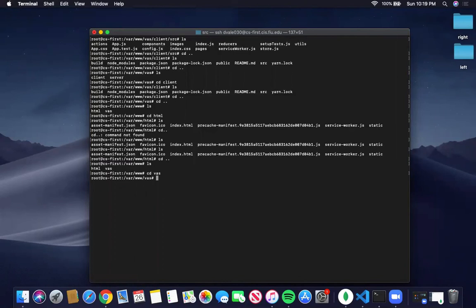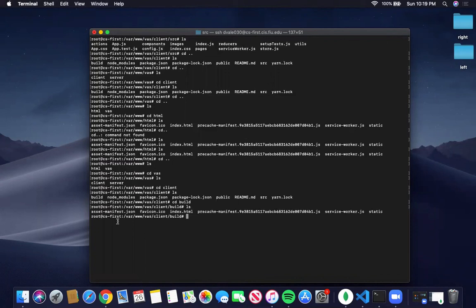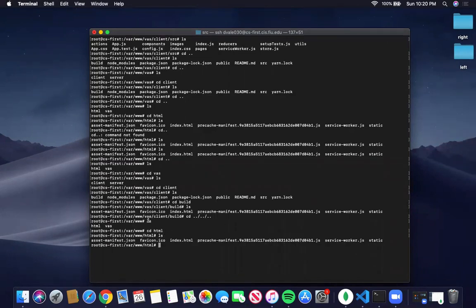go into the client, and that build folder, if you notice, if I go into the build folder, its contents are the exact same as the contents in the HTML folder. This is because we have to move the build folder from outside of the client into the www folder and then rename that folder HTML. I know it's confusing, but you need to go